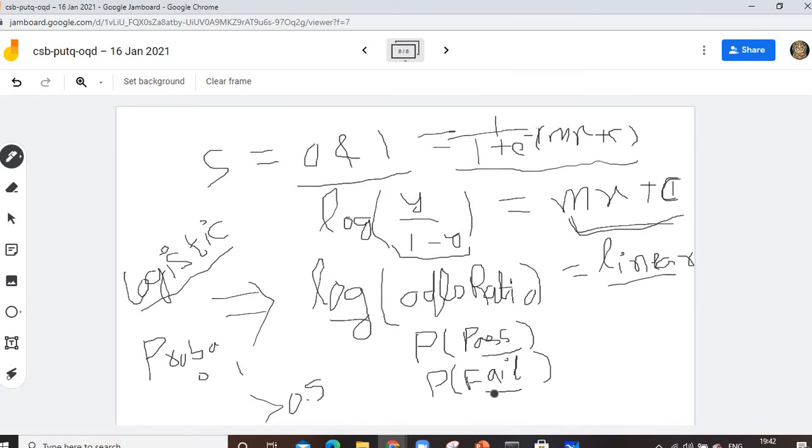So the pass and fail, as this odds ratio gives a probability, it will give a figure between 0 and 1. Probability always gives a figure between 0 and 1, not less than 0 or greater than 1. It may be 100% or 0%, nothing less than 0% and nothing greater than 100%. This is also one reason that the sigmoid function gives values between 0 and 1, as this is the probability, log of y divided by 1 minus y.